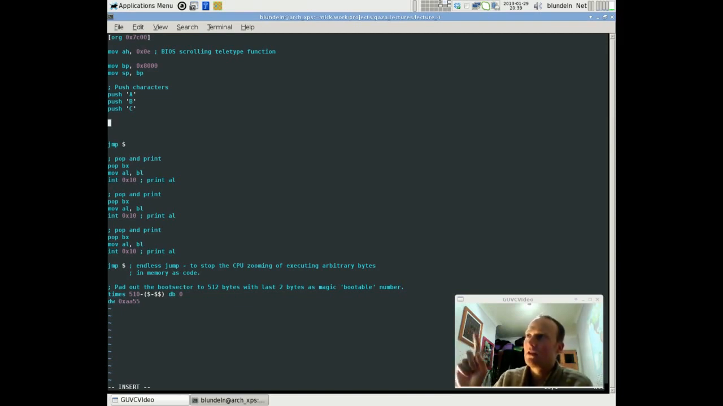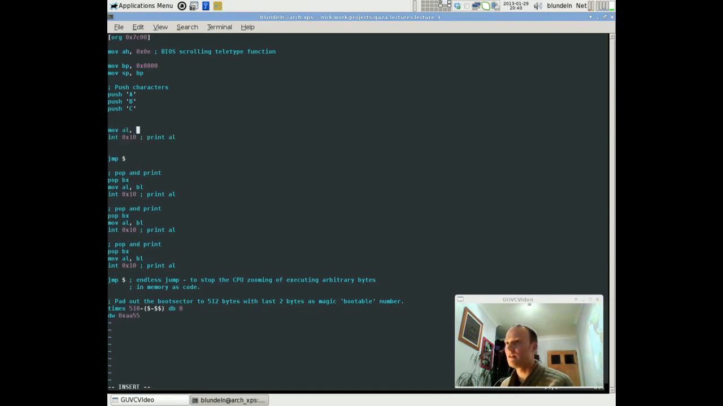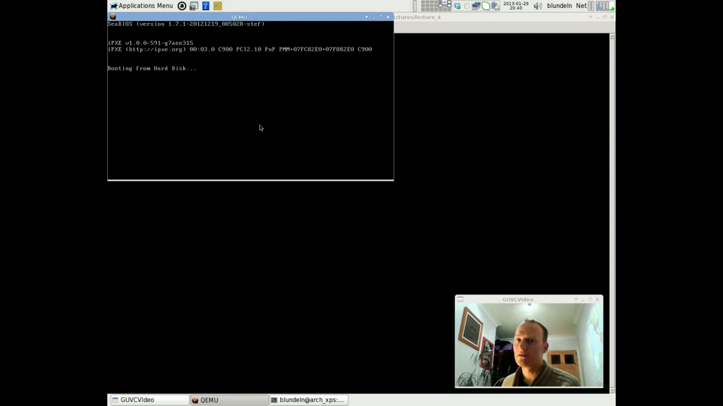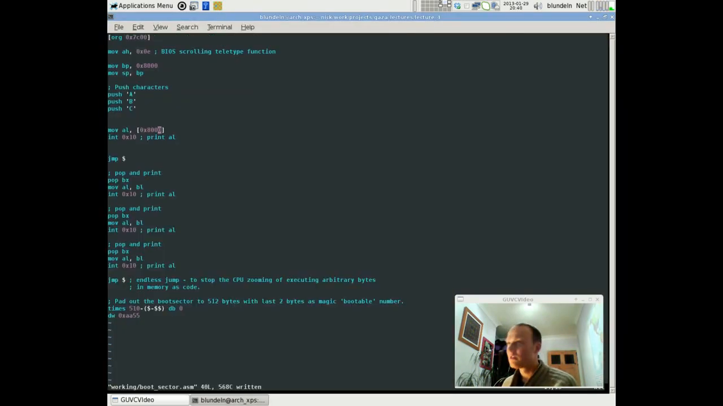So let me just see what happens if I print the character at address 8000. Let's see what happens here. Okay, it doesn't print anything. So what does that mean? Well, it actually means that 8000, if it stored a byte in there, that will be above the stack. The first thing that I push on, the A, will be somewhere below the stack. So if I just go 1 byte below that,